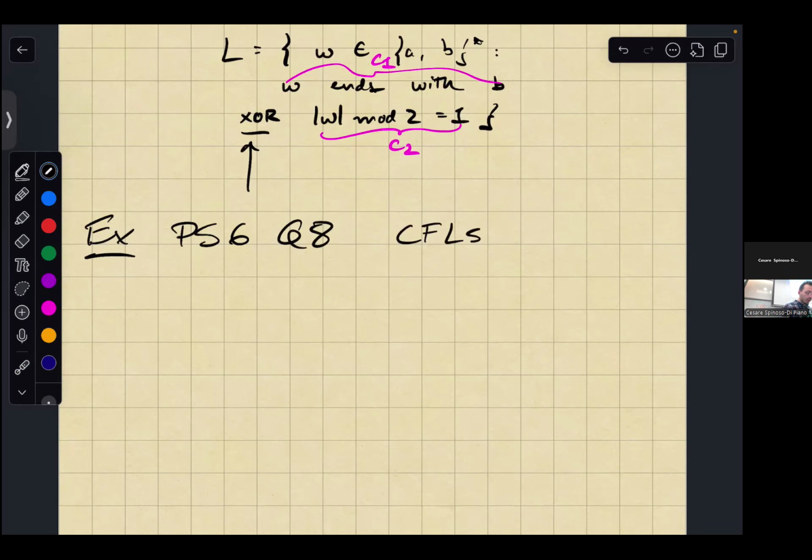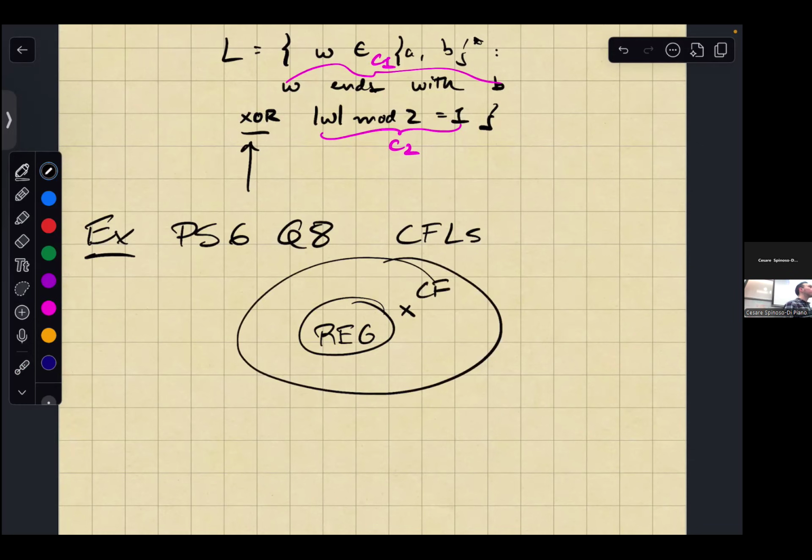Just a quick reminder, you have regular languages. Not all languages are regular, so some of them are outside here and are context-free. To formally show that a language is context-free but not regular, you need to use the pumping lemma for regular languages, right? That allows you to say that you're outside of Reg. And then what allows you to say that you're inside CF is either L is inside CF if